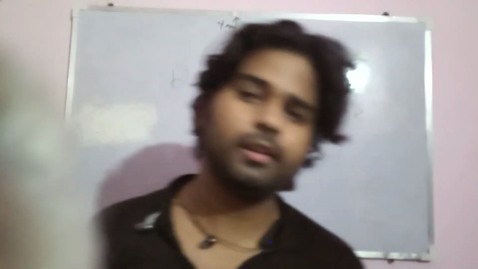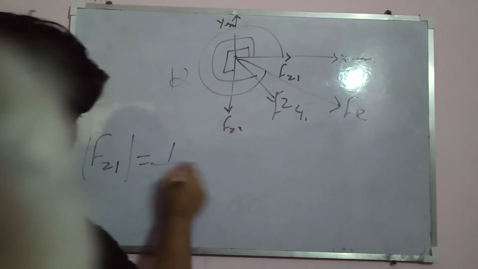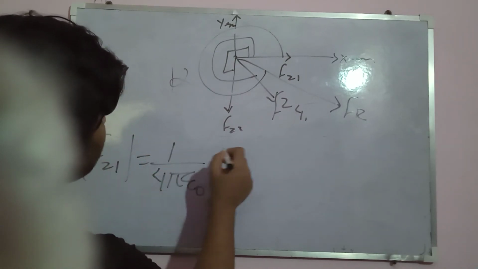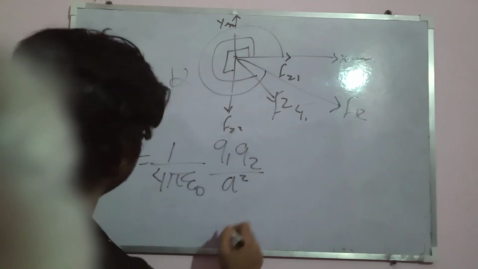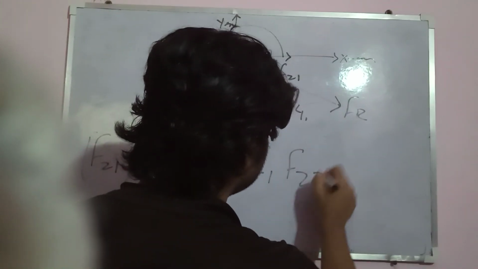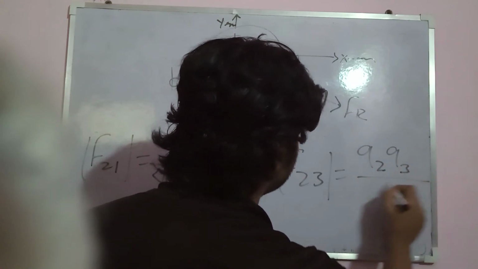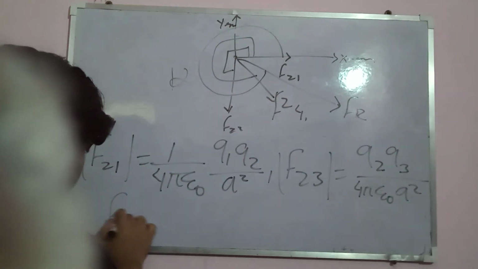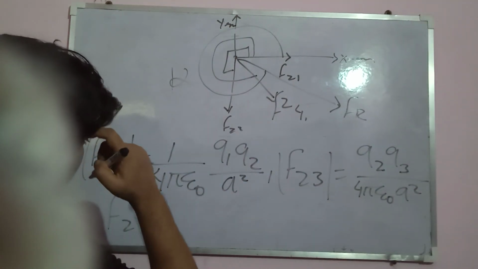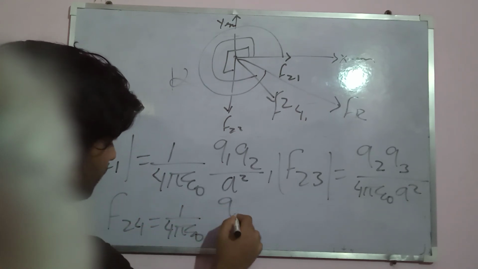The points are: to calculate the magnitude of F21. The magnitude of F21 is equal to this, that will be Q1 Q2 by 4 pi epsilon naught A square. The magnitude of F23 is equal to Q2 Q3 by 4 pi epsilon naught A square. And the magnitude of F24 is equal to 1 by 4 pi epsilon naught Q2 Q4